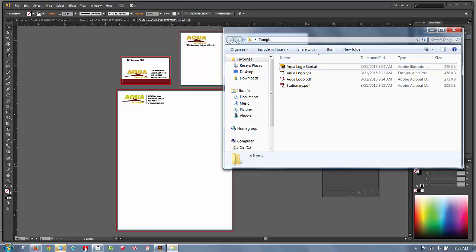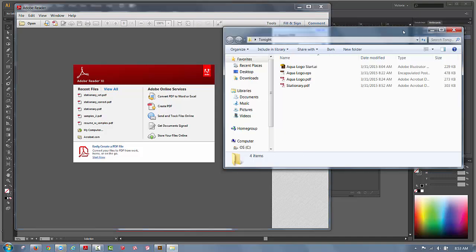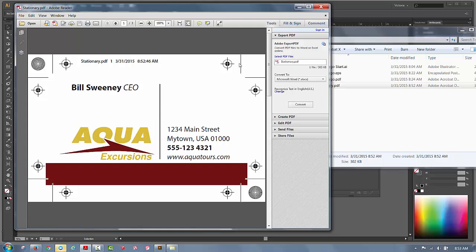And let me launch Adobe Reader. And I'm going to drag my stationery PDF into Adobe Reader. And this is what your piece should look like for correct production. What you have is this information here, which is the page information. You have your registration marks, which are these guys right here. Now remember, this is three colors. There's a yellow, there's a burgundy, and there's a black. And those registrations are what the printer uses to mark your page, mark the actual separated color and align them